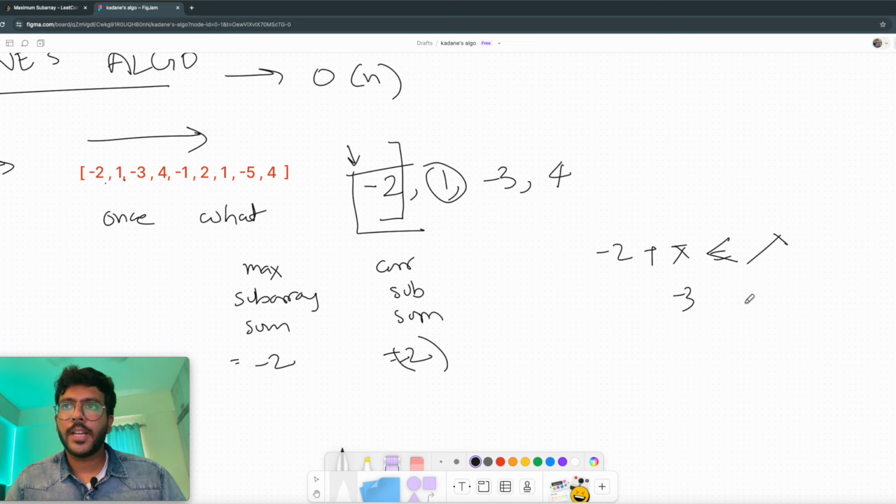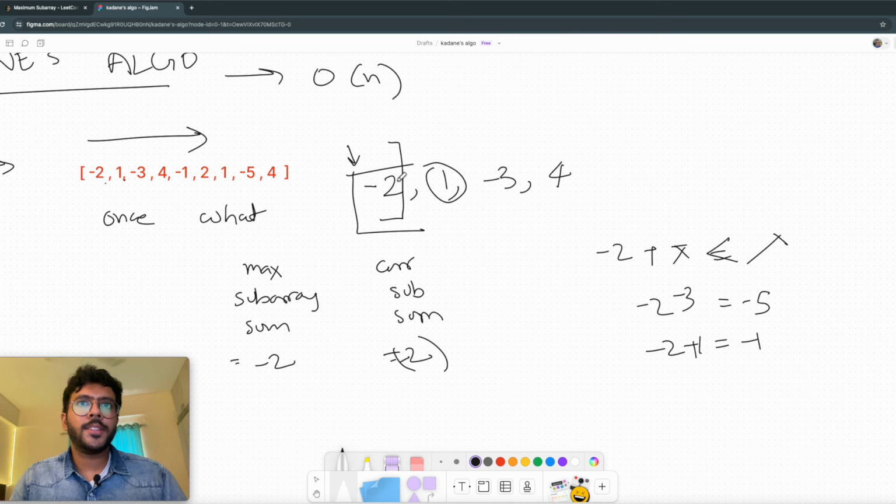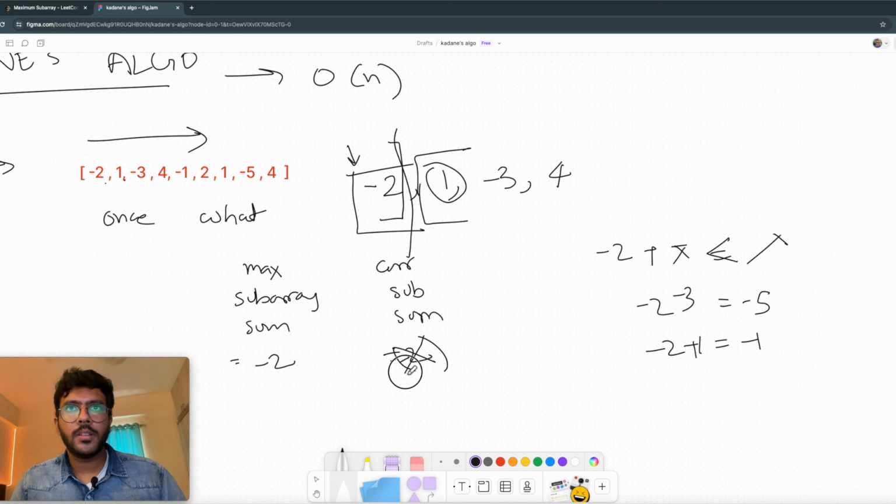So let's say it's a negative number, my sum will be -5, let's say it's a positive number which is 1, the sum will be minus 1. So at this point we take a decision that since the current subarray sum was negative, we will end the previous subarray and start a new subarray from here. So at this point we will update the current subarray sum to 1, the current value, and we also do